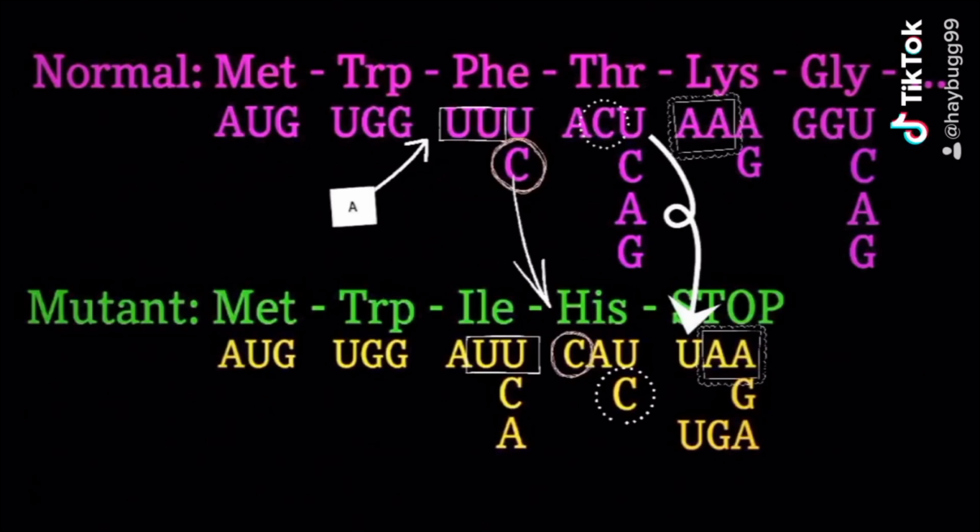Now we have to make sure that all the rest of the bases match up. So if we insert an A in front of the phenylalanine of the normal sequence, that gives us an A in the mutant strand under isoleucine. We know that the next base has to be U because there's no other option in phenylalanine or isoleucine. The two U's under phenylalanine in the normal sequence match the two U's under isoleucine in the mutant sequence. Next, we want to pick between the U and the C under phenylalanine, which we would pick the C because that matches the C under histidine. Both the A and the C under threonine match the A and the C under histidine.